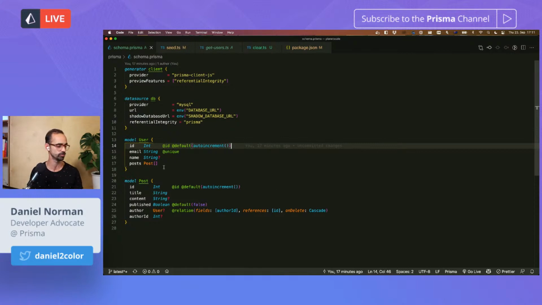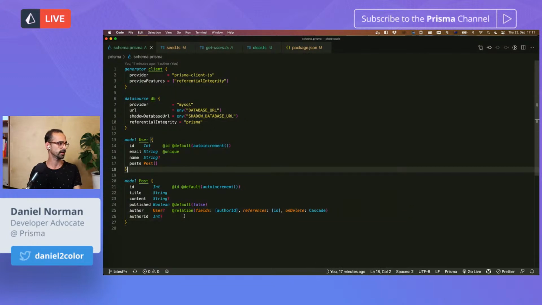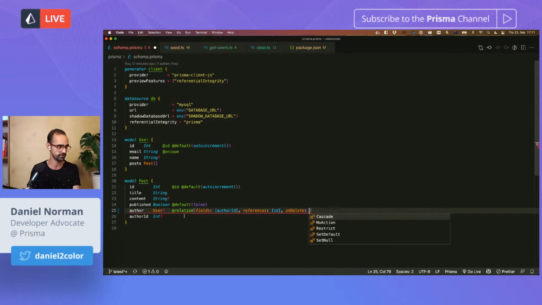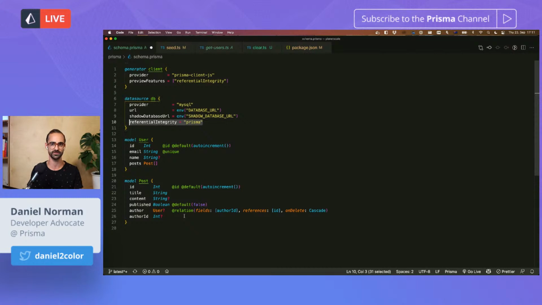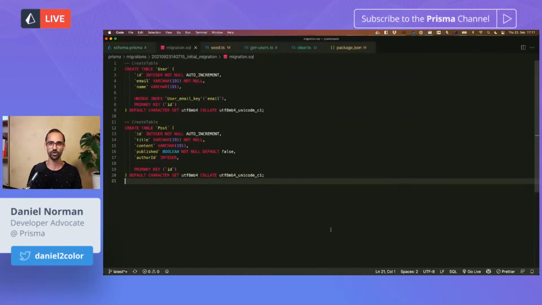As I mentioned, we have two models, a user and a post, and a single user can have many posts. Here I've defined this on delete cascade configuration. What that means, as I said before, is that if you delete a user, all of the related posts will be deleted. In fact, this can be set to one of the 5 options that I mentioned. For now, we'll leave that at cascade. Now, when referential integrity is set to Prisma, Prisma will have to handle this. And so if we look again at the migration that was generated from this when referential integrity is set to Prisma, you will see that there are no foreign keys in the SQL, again, because PlanetScale does not support this.